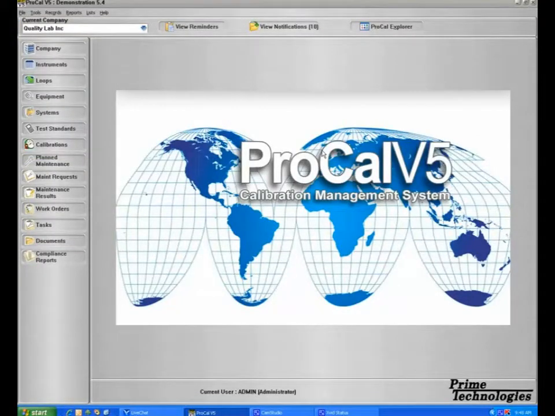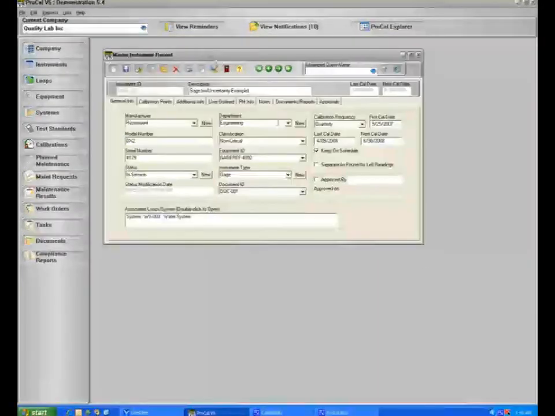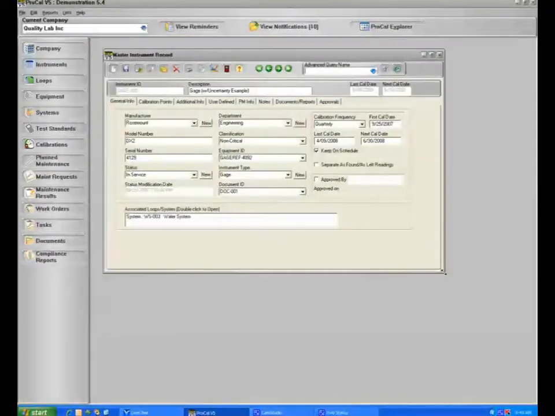In this training video for ProCalV5, we will be covering entering master records. To start, we are going to click here on the Instruments section. Instruments in ProCal are defined as any item that is calibrated and may also have additional maintenance activity that is defined to it. Starting with the Instrument ID section up here on the top left, ProCal will manage an unlimited